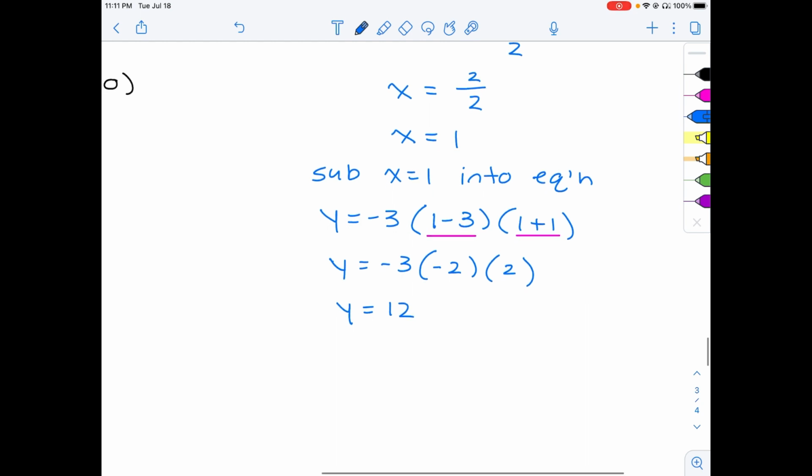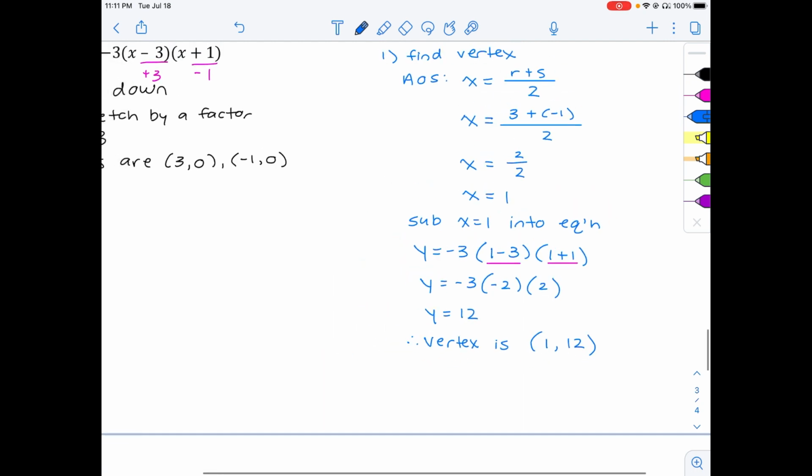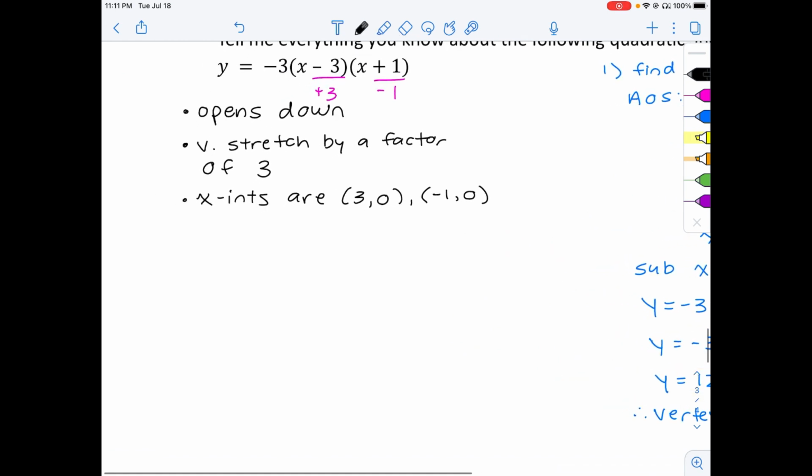Okay, so then that means that my vertex is (1, 12). Okay, so it's that easy to find the vertex from your factored form. So then with my list over here, I can add that. So I can say my vertex is (1, 12). And we know from the vertex, from that information, and also with what we calculated, we can